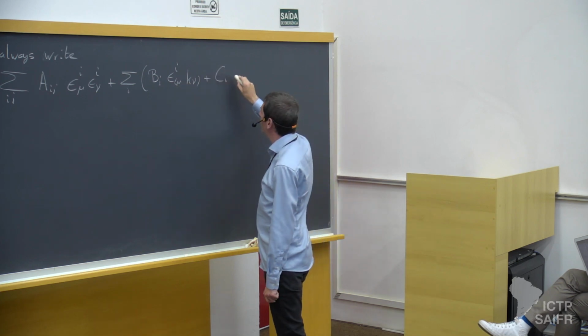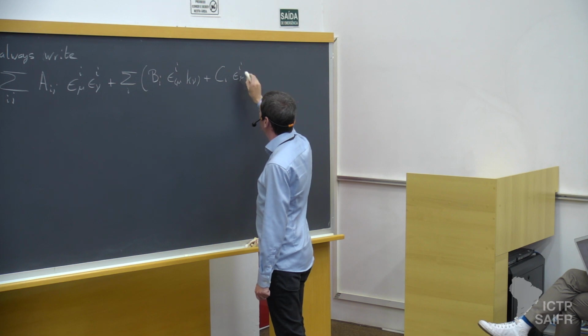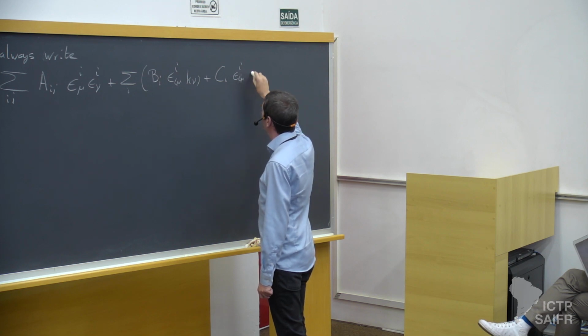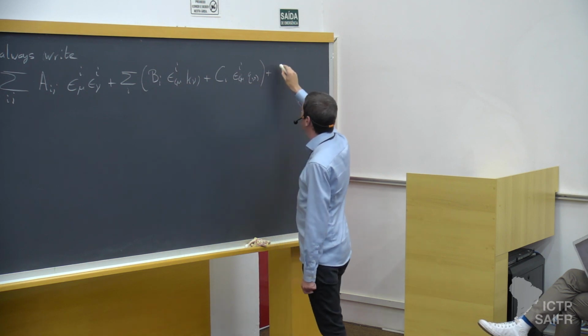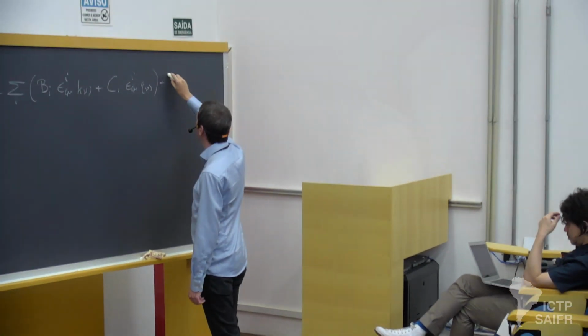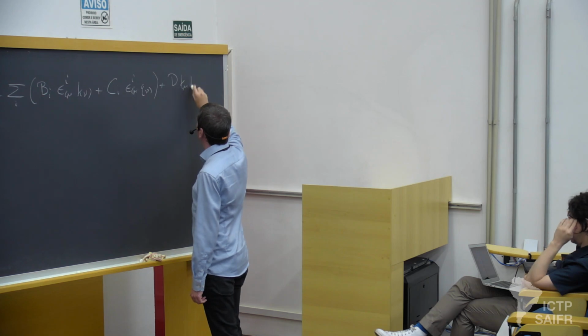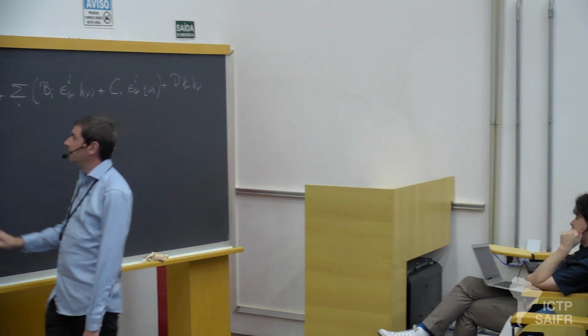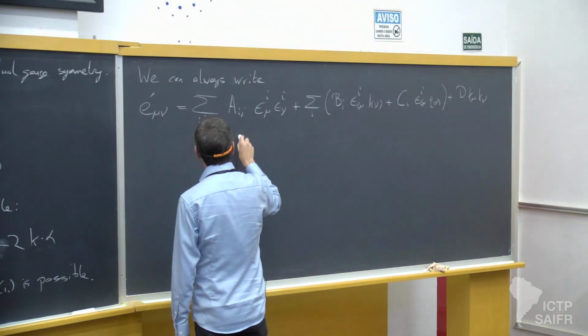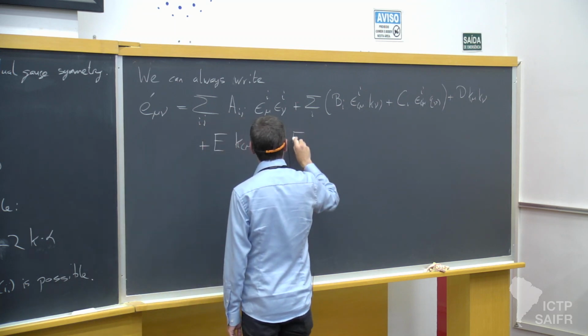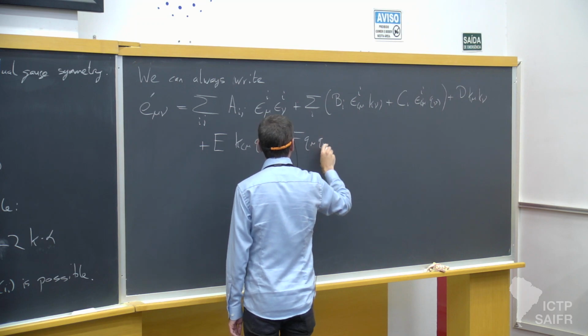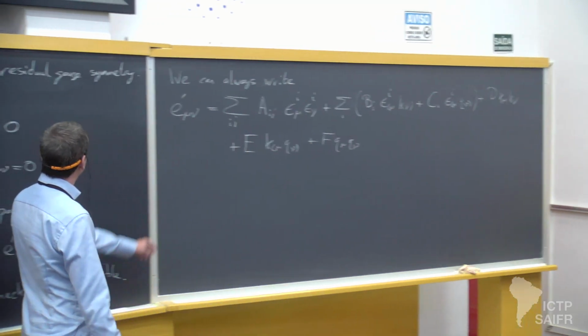Plus C_i epsilon_i mu Q nu, plus A, B, C, D. I can have K mu K nu, plus E K mu Q nu, plus F Q mu Q nu. Right? So this is just